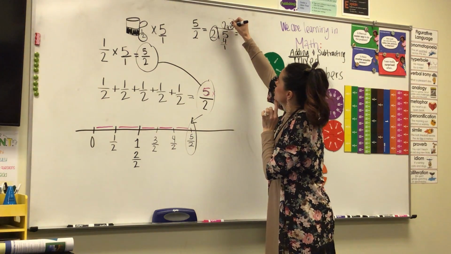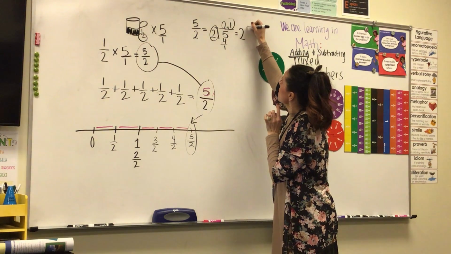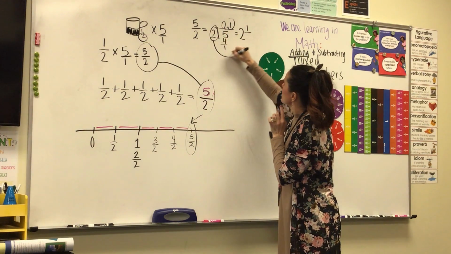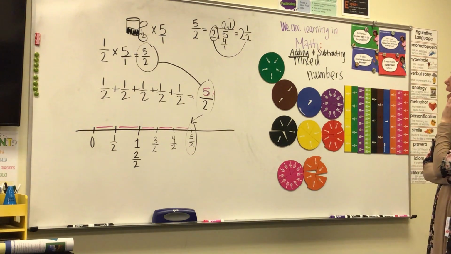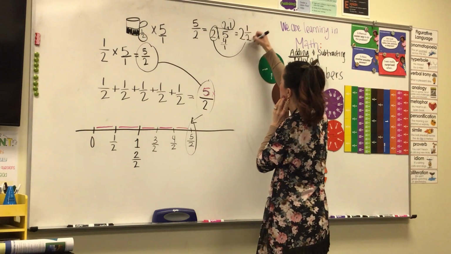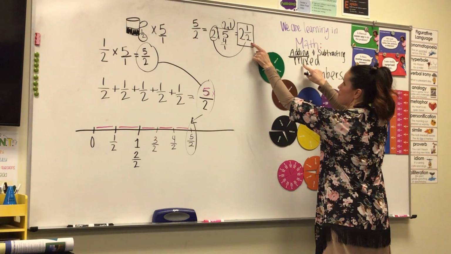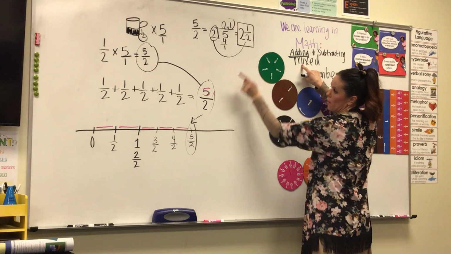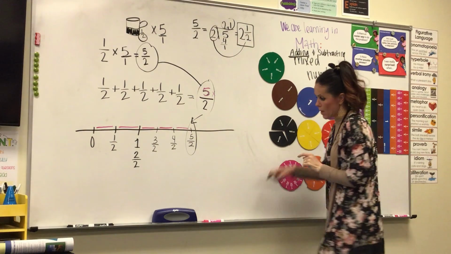So I have the answer 2, and I have remainder 1, and the denominator is always this 2 right here. So 2 1/2 is a mixed number, okay? So this is where I got the answer for mixed number. Right here it's an improper fraction. I have to transfer it into a mixed number, okay? So,